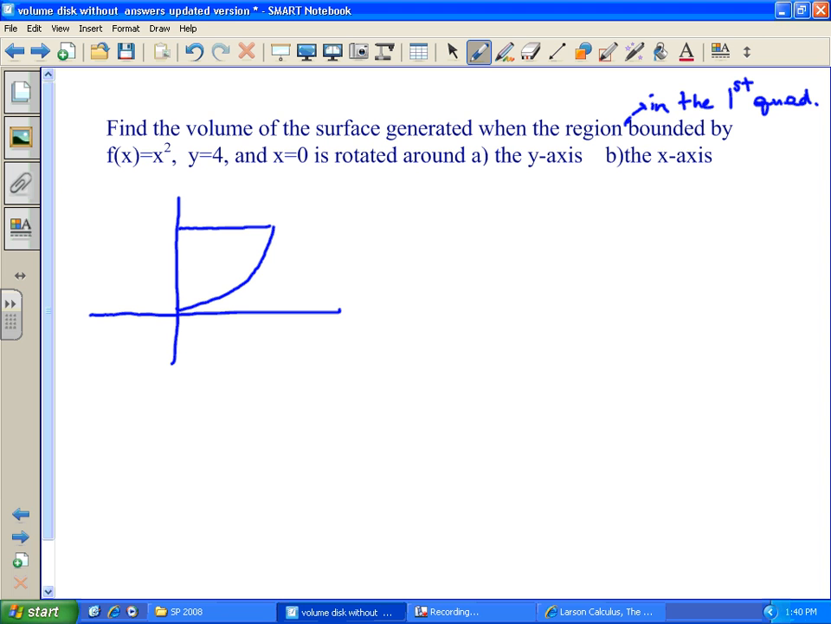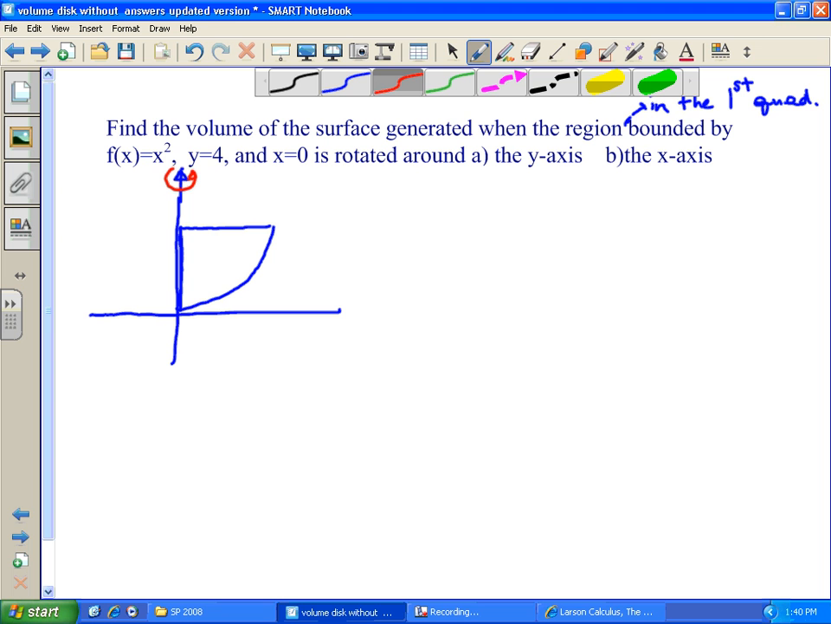So y equals x squared, y equals 4. Again, x equals 0 is our y-axis, so that's basically this side right here. It's in the first quadrant, the whole picture. And the rotation is going to be around the y-axis in part A. So we're going to go around the y-axis. Okay. So based on what we just learned previously,